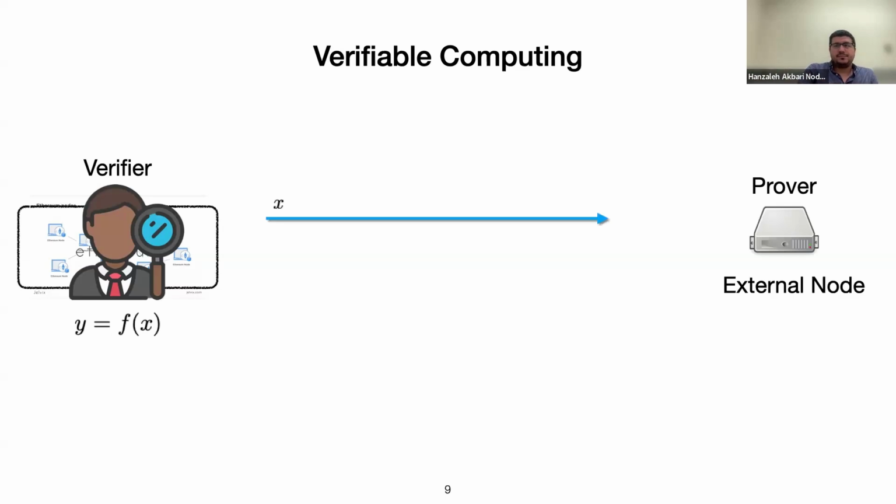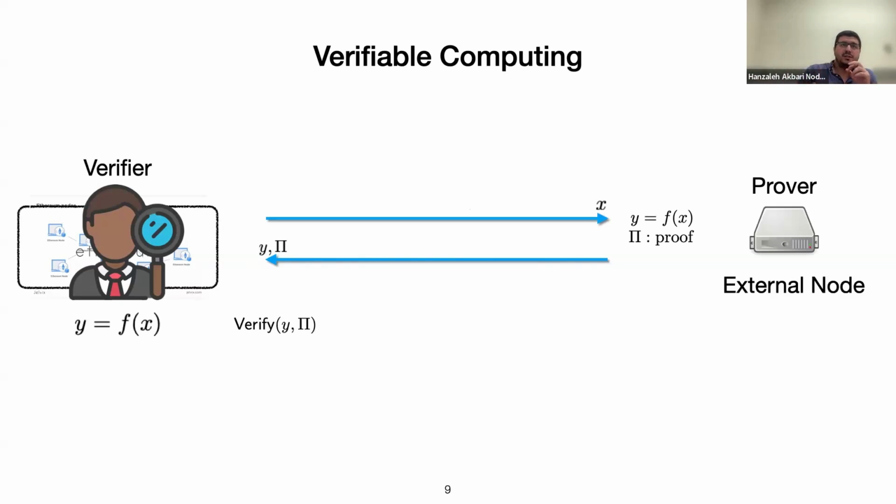The verifier and the prover have access to some input x. The prover calculates y equals f of x, and then sends pi as the proof of the calculation. The verifier, based on receiving the result, which is y, and also the proof, tries to verify all of this calculation. Whenever it accepts the calculation, the prover will probably receive something as a reward, and otherwise, if something is wrong, it rejects the computation. So this is a very brief description of verifiable computing.